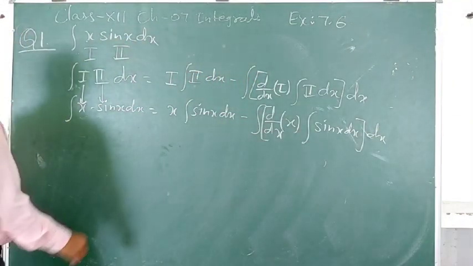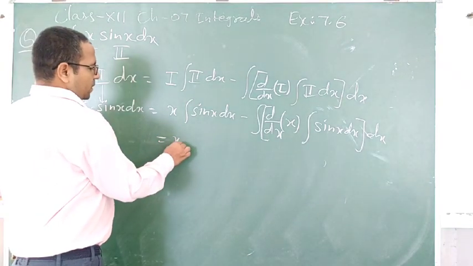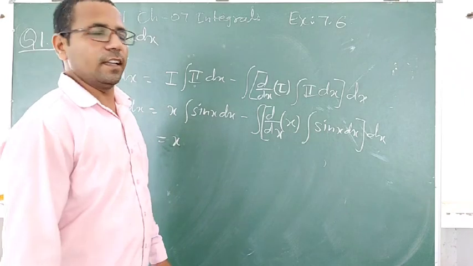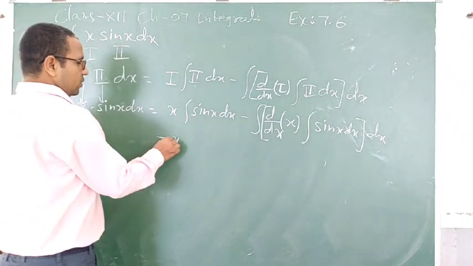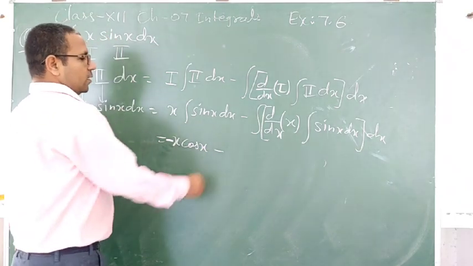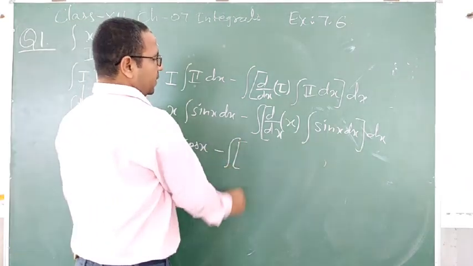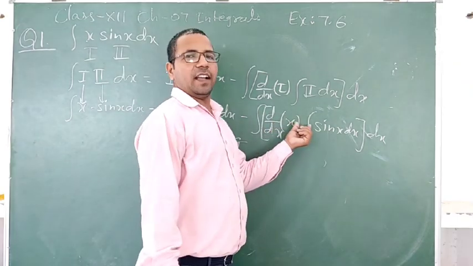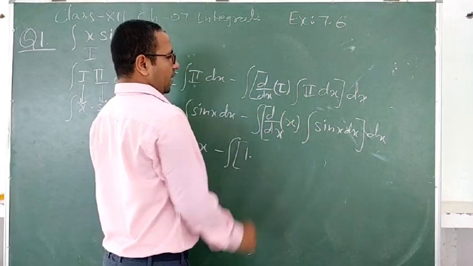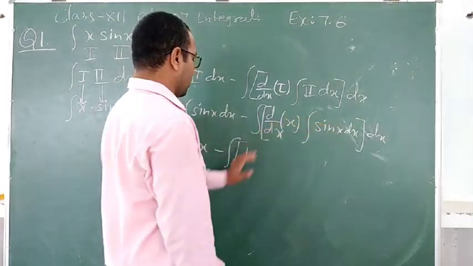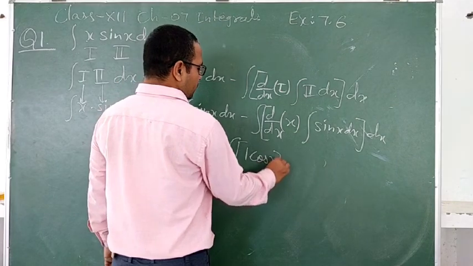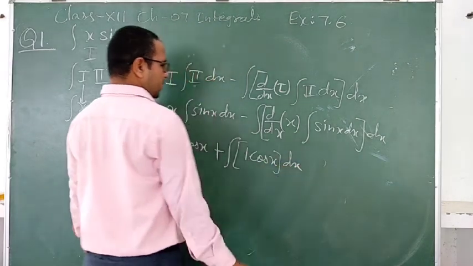So now what you will get here, that is the first function, integral of sin x. Integral of sin x, students, you will get here minus cos x. So use it here minus cos x. Minus whole over integral, use the bracket. So the differentiation of x, that is 1. So you will get here 1. And integral of sin x, minus cos x, it will give you here plus cos x. And close the bracket and use this dx.